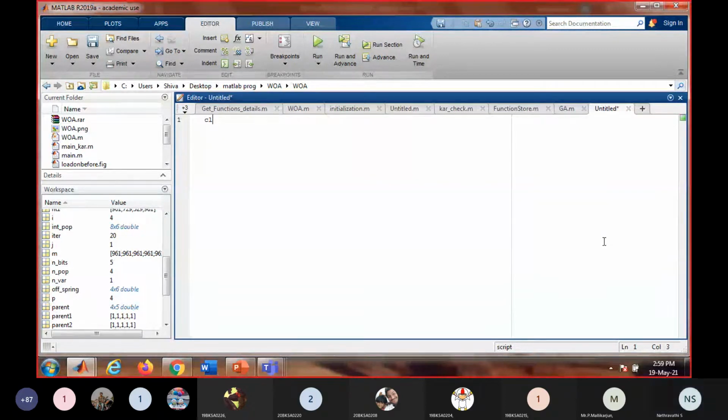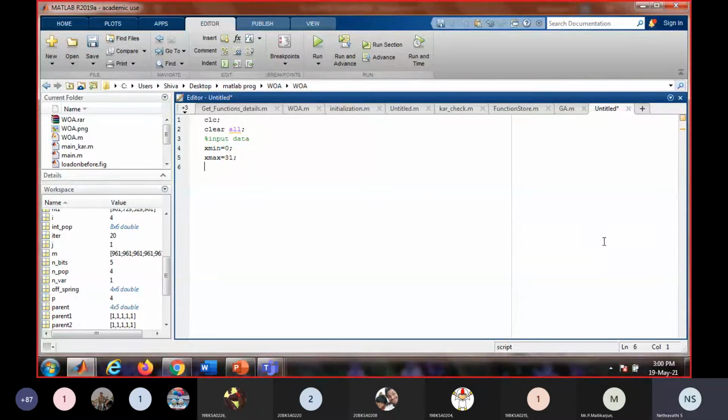program. It is a good practice to keep these two commands always at the start, clc and clear all. And then you input the data. When I put a percentage sign, it becomes a comment. So what are the input data we need? We need the minimum value of x, which is 0, and the maximum value of x, which is 31.